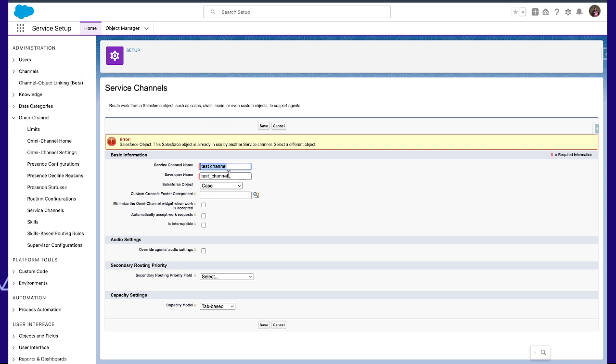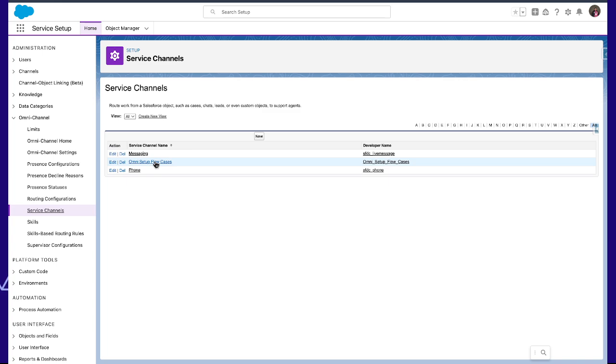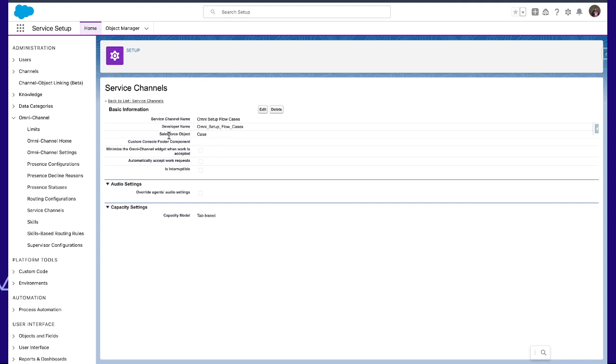This error is coming because the service channel was already created for this particular object, which is case, so we will use this one as well.